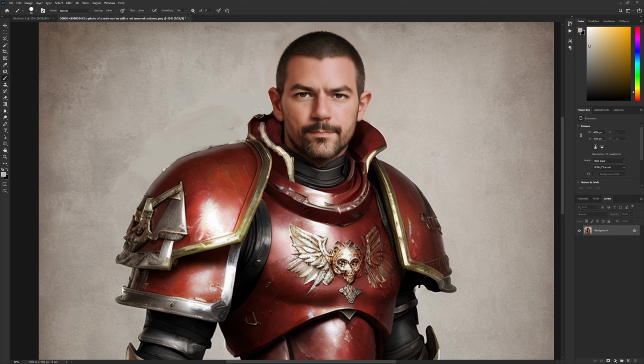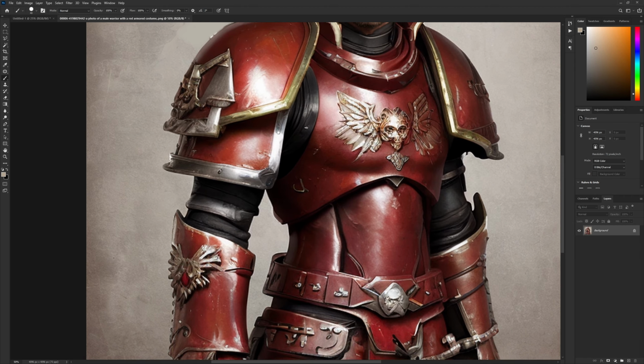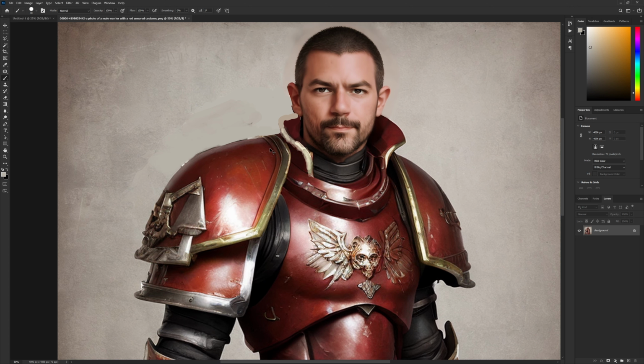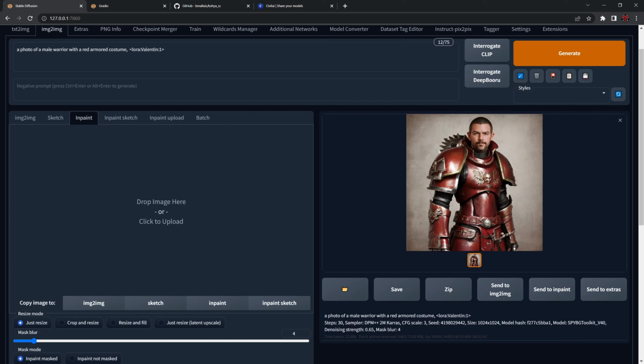So let's bring this back to 100 and, you know, erase some parts of here through here and clean out a little bit the face. So we have something like backside of this going on the backside of the character, like this behind him. And let's do something like this. So this is a quick way you can quickly change certain things on the design and overpaint them, basically whatever fits your needs. So now if I just copy this from here and I go back to my web UI,